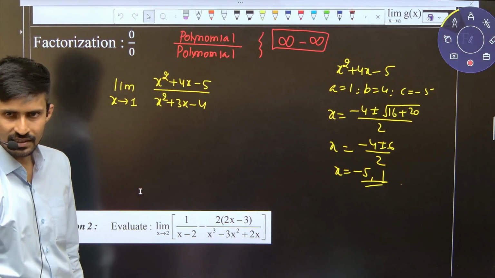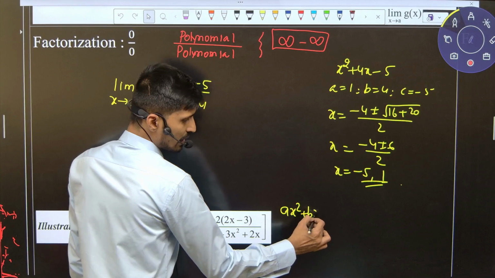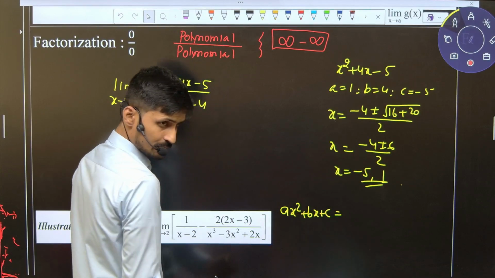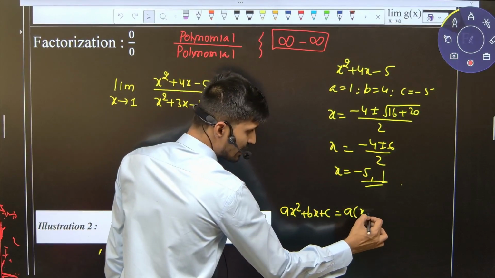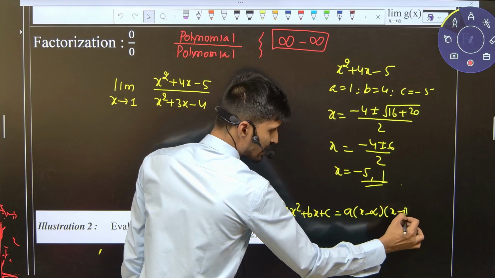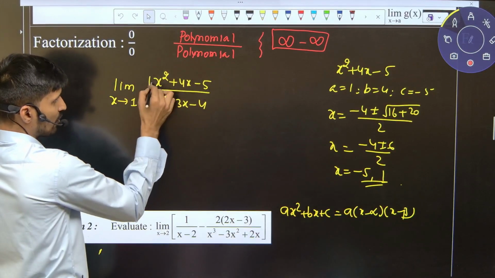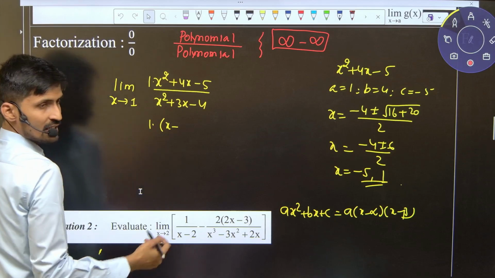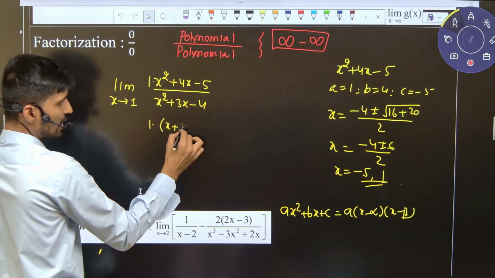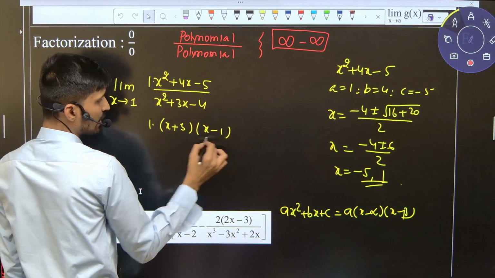And factorization technique, you have to remember. Suppose ax square plus bx plus c is your quadratic. Roots are alpha, beta. How will you factorize? A times x minus alpha into x minus beta. I am going to apply this. What is a? 1. So 1 times x minus alpha. Alpha I will consider minus 5, so x minus minus 5 will be x plus 5. And x minus beta, beta I will consider 1. That will become x minus 1, upon